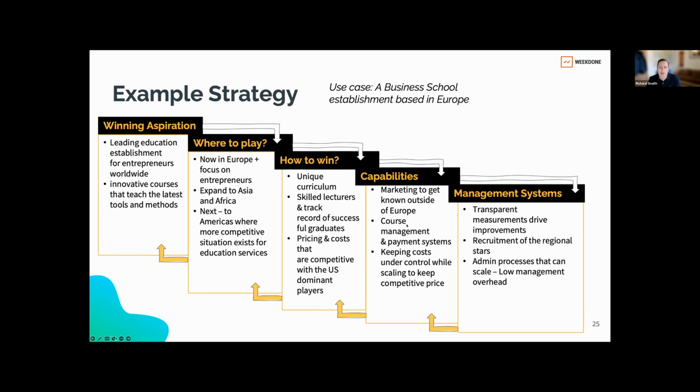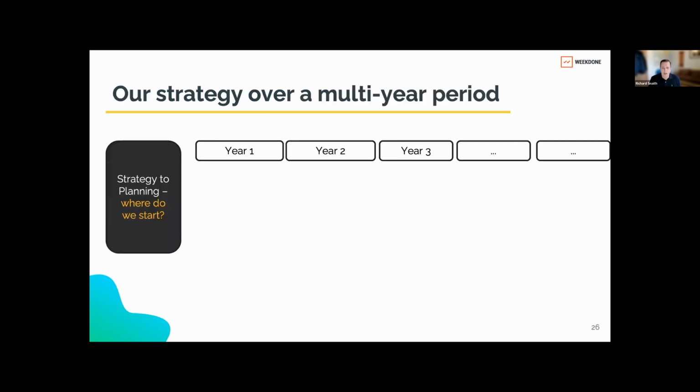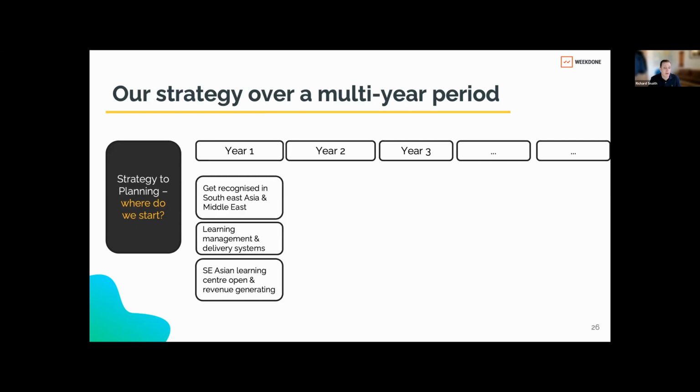What areas do we need to refine or improve in our strategy here? If I do that, it'll drive me to think up and down the strategy model on what else has changed. So we've done our strategy, our first pass, but that's over multiple years. We kind of know it's going to take us 3-5 years to execute. We need to think about how we're going to segment it into years. We need to take the strategy and start planning how we're going to execute on it.